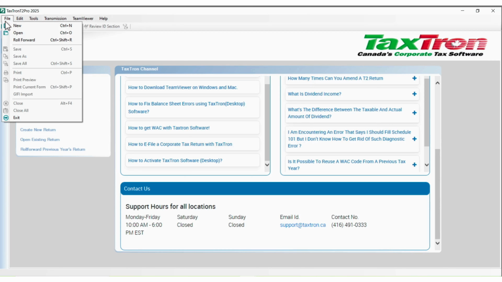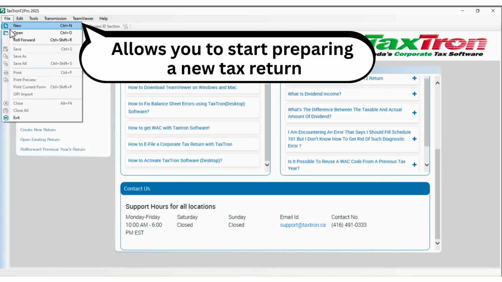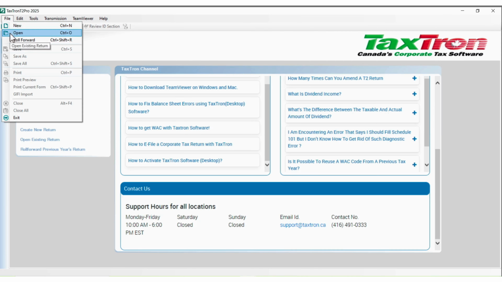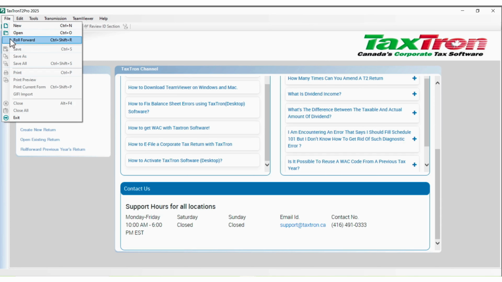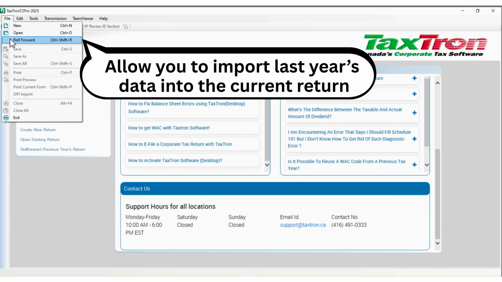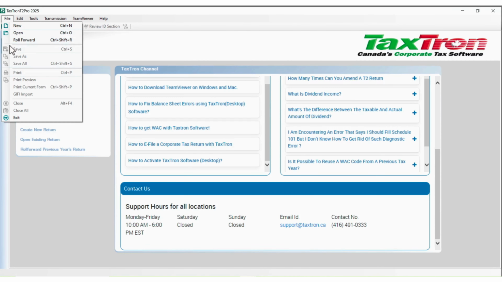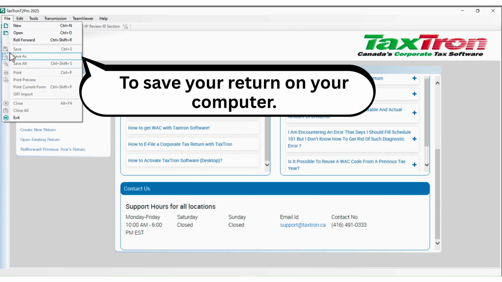Starting with the File menu, you'll find several important options. New allows you to start preparing a new tax return, while Open lets you open an existing return. If you've used TaxTron in a prior year, the Roll Forward option will allow you to import last year's data into the current return. You will also find the Save, Save As, and Save All options to save your return